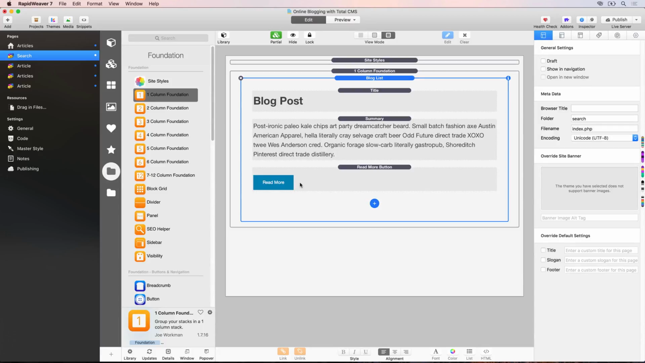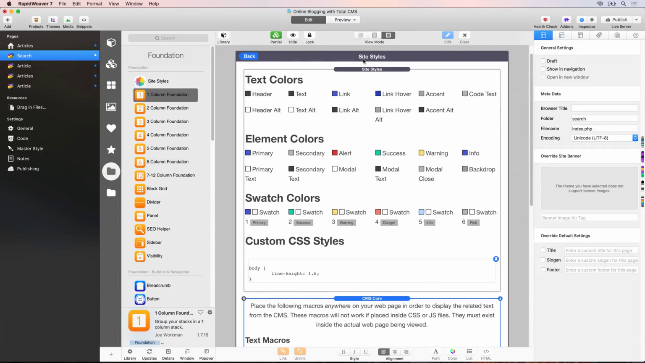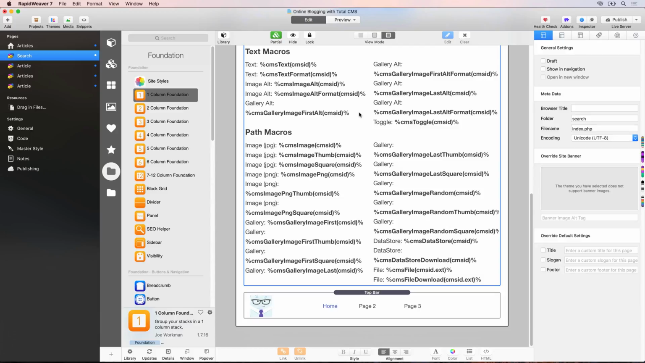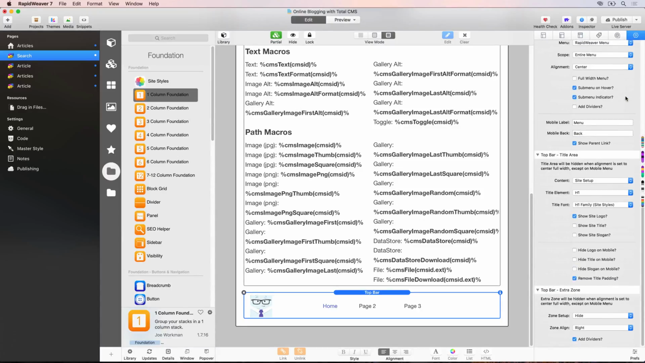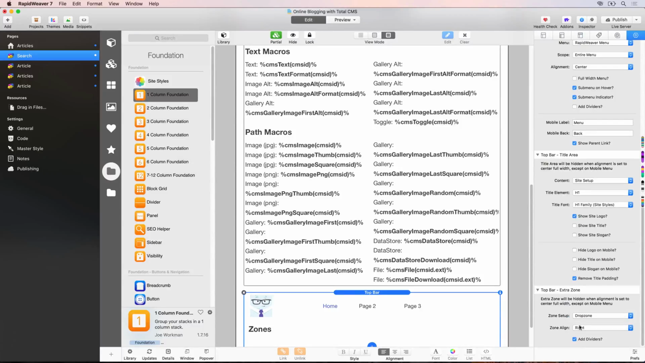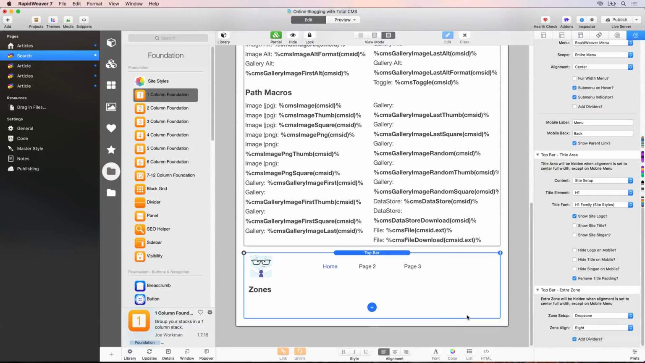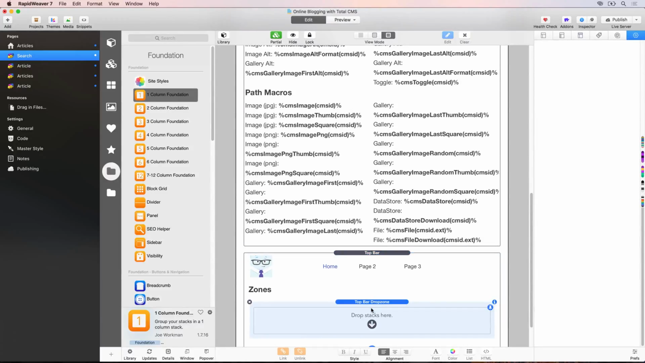Next, what we need to do is set up a search input box and link that to this search results page. So to do that, we'll go into the site styles partial, and we're going to add the search box into the top bar. So in here, we're going to go to the settings for this stack, and we're going to go down to the bottom of the settings and set up a drop zone. So here we're going to say, instead of hiding it, we're going to say drop zone, and the alignment will be right. Then what we're going to do is add a drop zone section by clicking on the plus button,